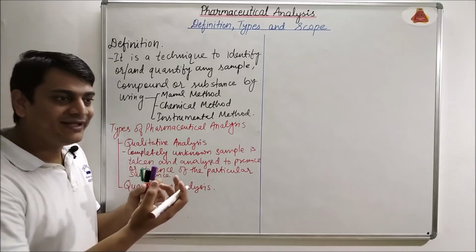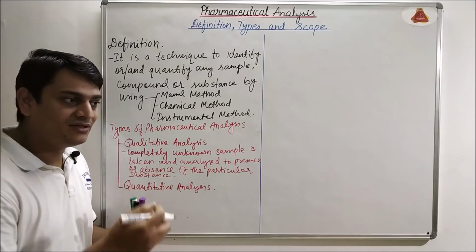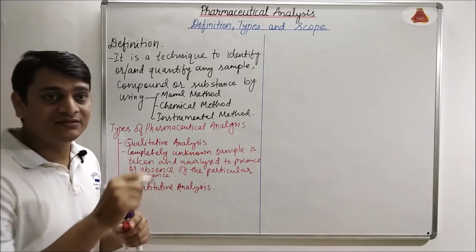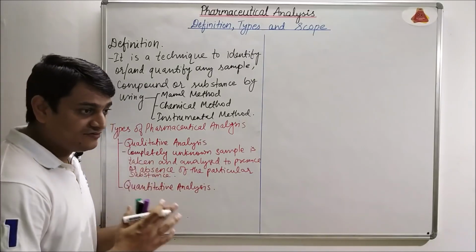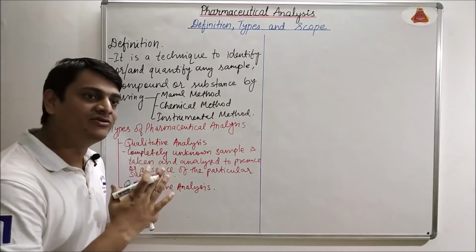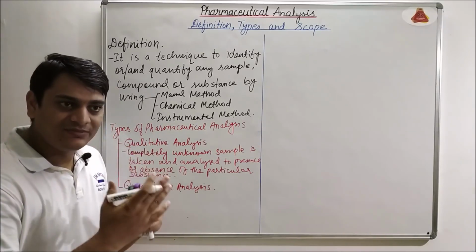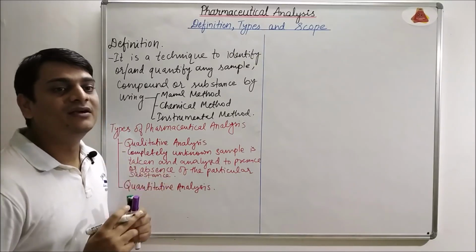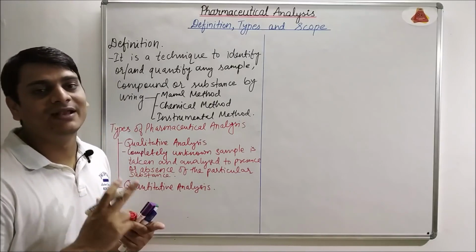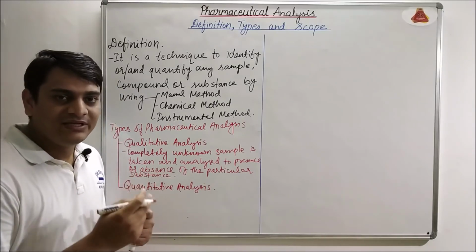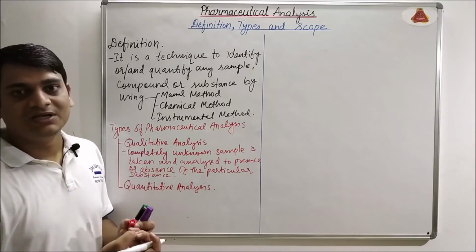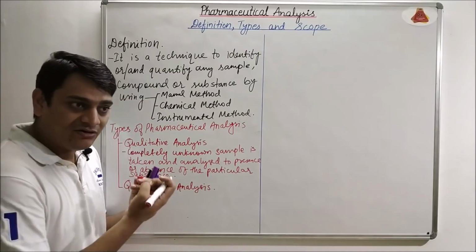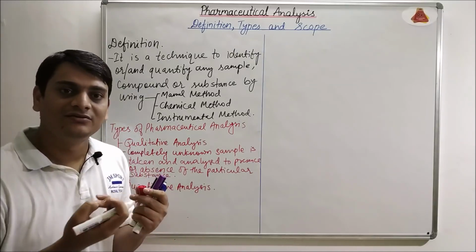For example, if we are taking any solution and we want to know whether that solution is alkaline or acidic, we will put a few drops of phenolphthalein in that solution, and if that solution becomes pink in color, then that solution is alkaline. If it stays as it is, meaning no color change or pink color does not appear, then that solution does not contain alkaline substance. So ultimately we will be able to know about the presence or absence of the alkaline solution. If pink color appears, then it is alkaline. If it does not appear, then alkaline solution is not present.